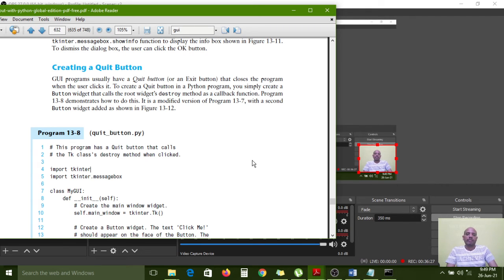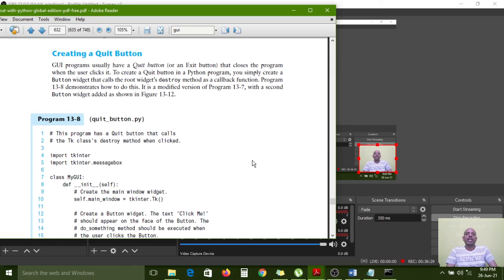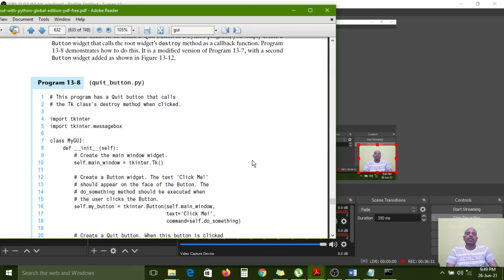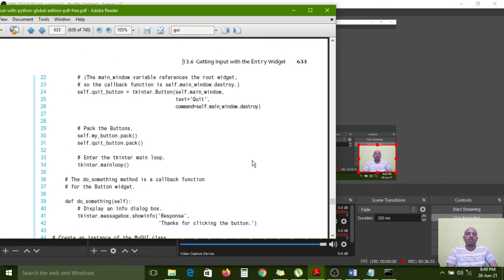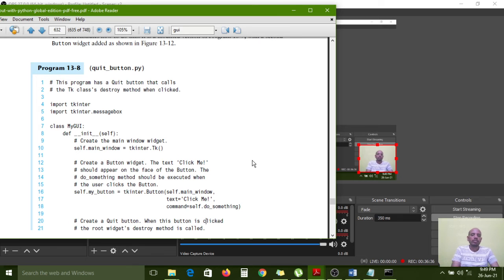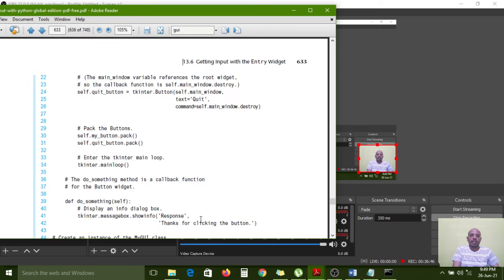We need to call the destroy method. If we have the click button, how do we create the cancel button? So here button, click me, do something. And the next one is what? Here we need to use the main window destroy function.